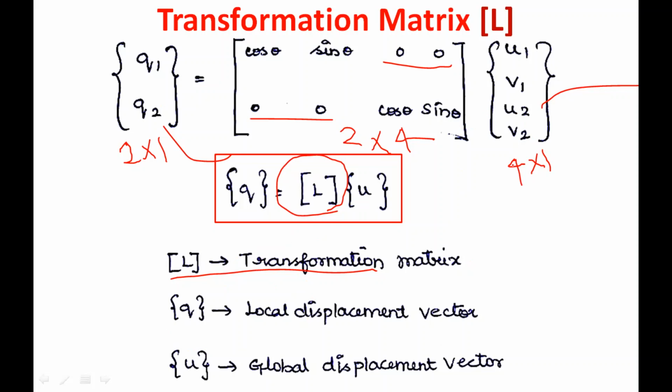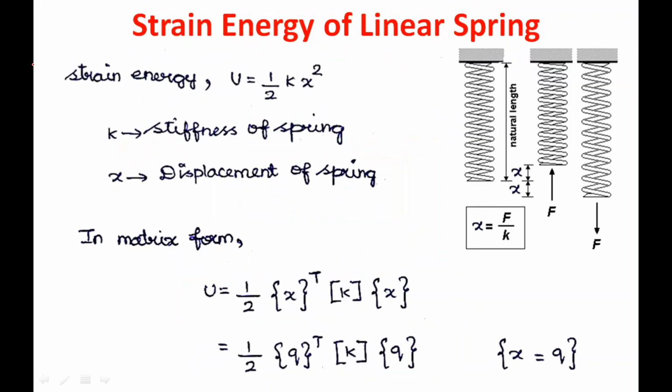After knowing the transformation matrix, how to transform local displacement into global displacement, then we will go to the derivation of the element characteristic equation. For that we first need the stiffness matrix for the truss problem. So we will see that one. To find the stiffness matrix, first we are going to start from the expression of strain energy of a